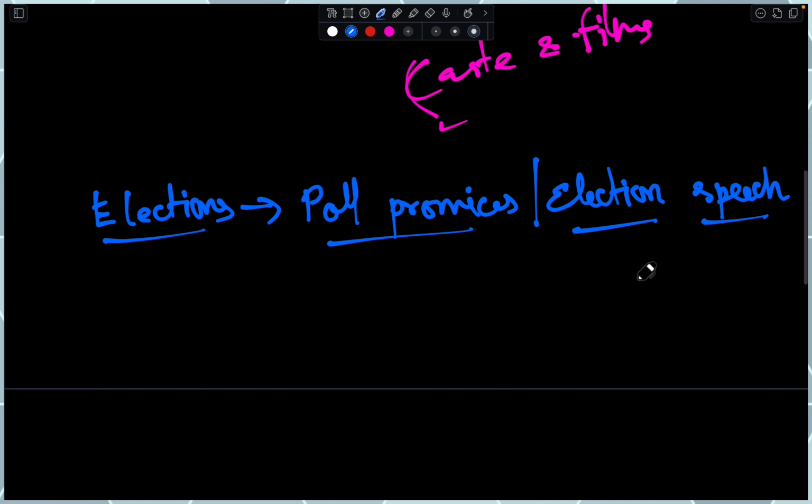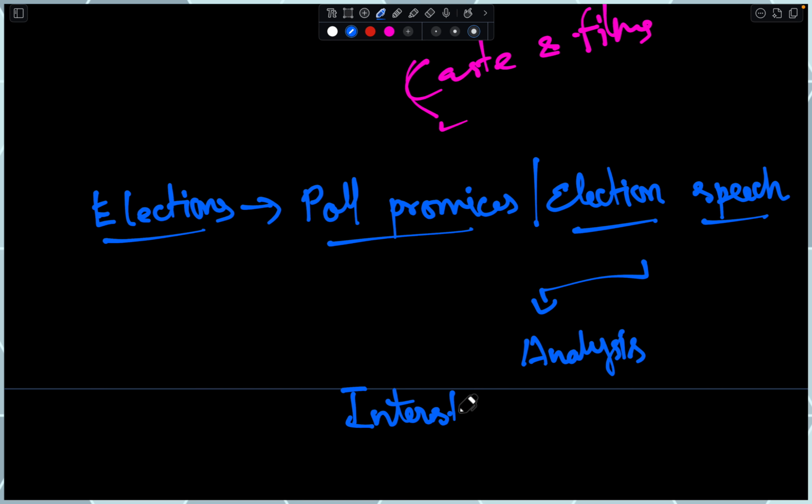You want to dissect that, you want to analyze that. So you can do that. Sometimes your interest will directly fall within the area, and sometimes you might need to take your interest and mix it up with communication, and then arrive at your research area. So sometimes it's direct, sometimes it's indirect.